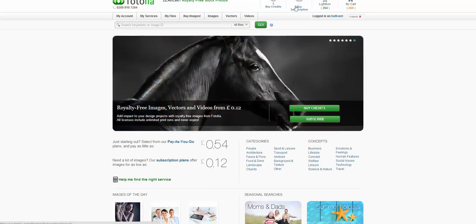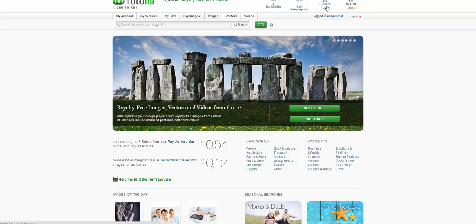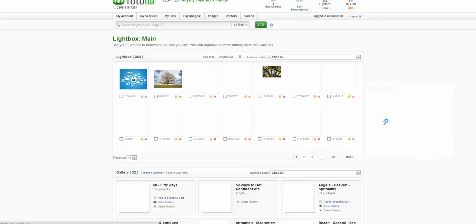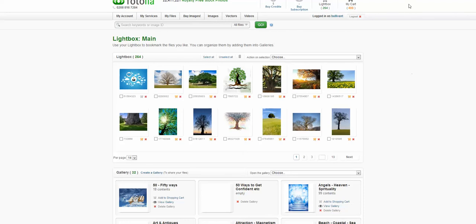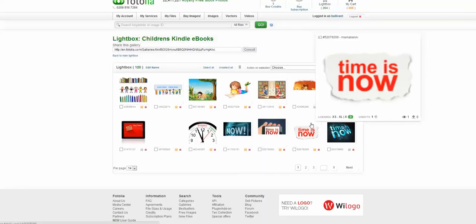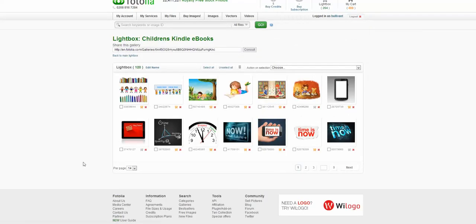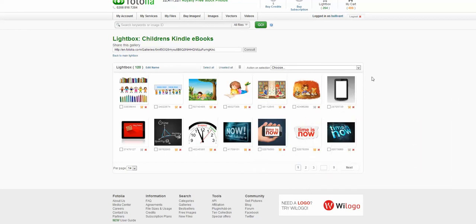See here, I've got 5 credits. If I look in my Lightbox, you can save pictures that you like into a Lightbox, and you can divide your Lightboxes into categories and subcategories. If I look at my Lightbox, various subcategories, children's, Kindle ebooks. Now some of the images I've used on this training are in here, and some I've bought, some I've just reserved to look at later. Okay, you'll recognize some of these,